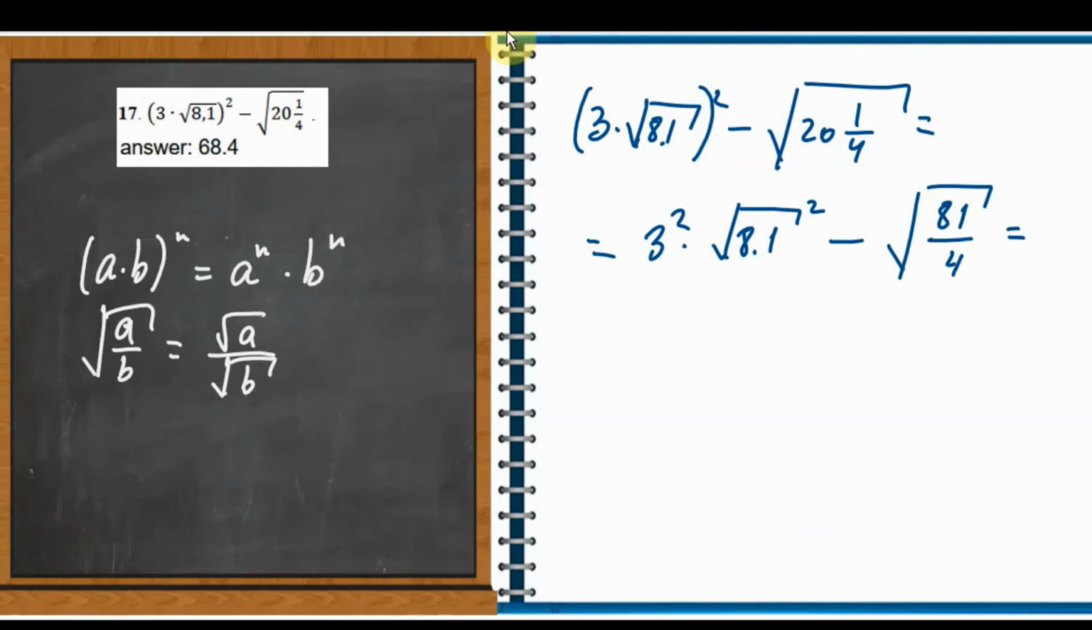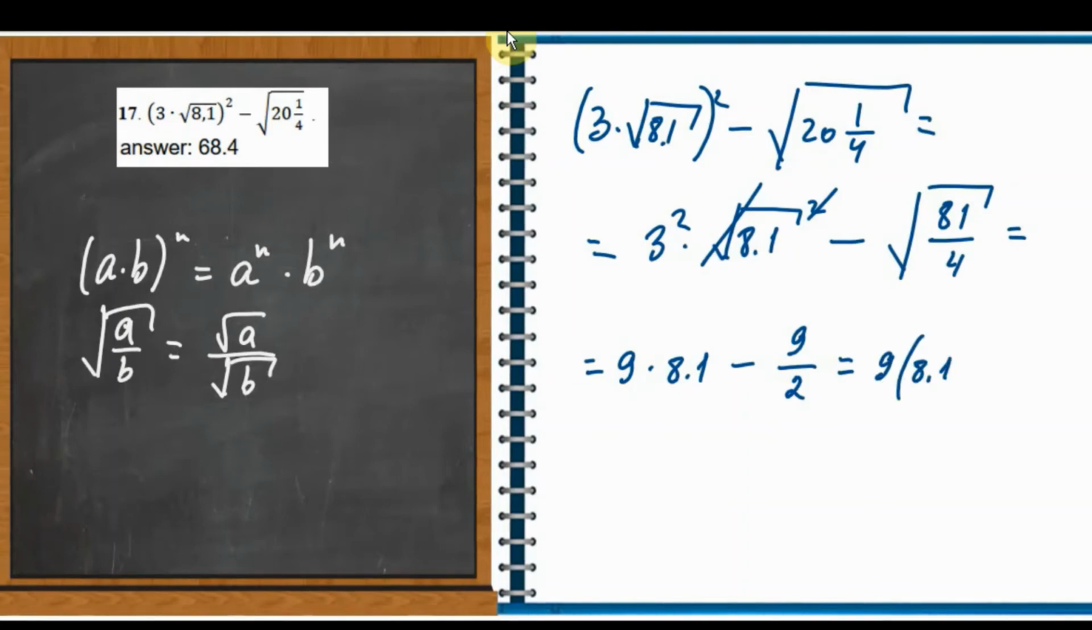Now, what will we get? It's 9, and square root and square are opposite to each other. We will get 8.1 minus, here we will have 9 over 2. Alright, now let's take 9 outside the bracket. We'll get 9 multiplied by 8.1 minus 1 over 2, or 9 multiplied by 8.1 minus 0.5, or 9 multiplied by